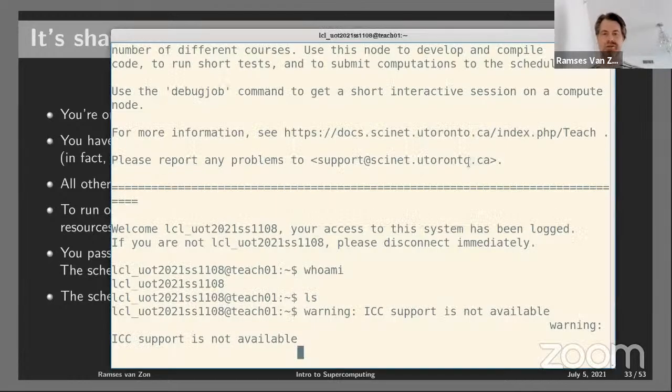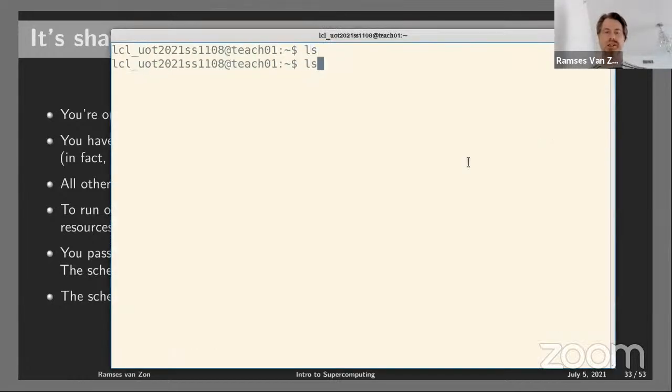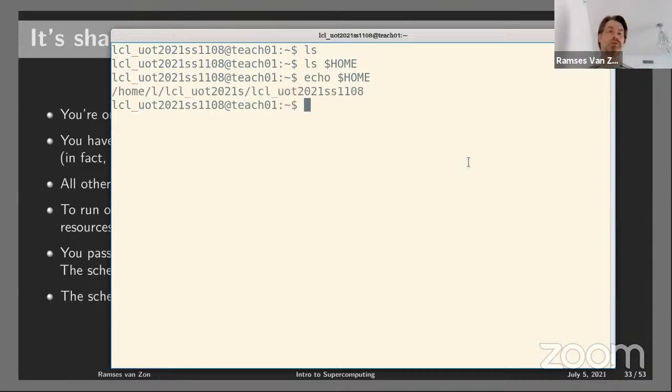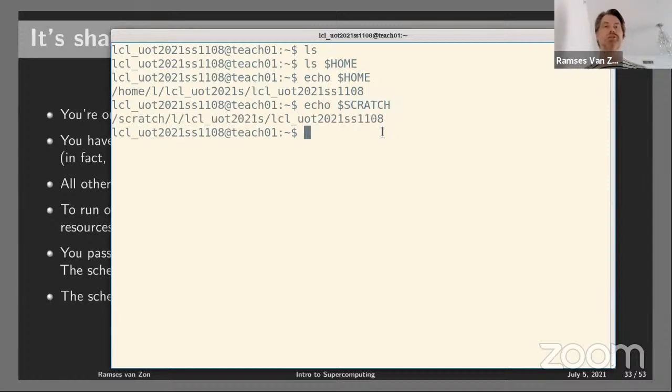Let's see if I can show that. So I am in home right now, and the home is encoded in $HOME. So if I echo $HOME, it actually tells me what the directory is. It's kind of a long directory, with slashes obviously dividing subdirectories. Scratch is another directory. Scratch is bigger than home. Scratch is not backed up, but that's because it is bigger. Home is backed up. And you should do all of your temporary files on Scratch. In fact, you can't write to home in most compute nodes.